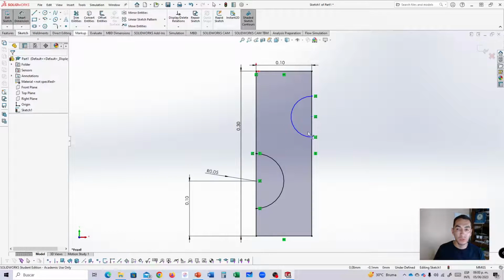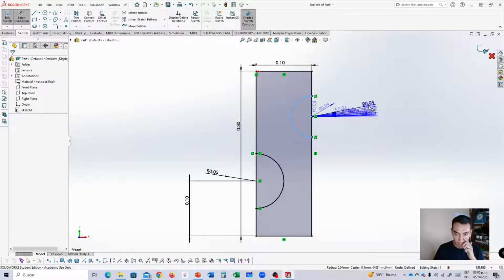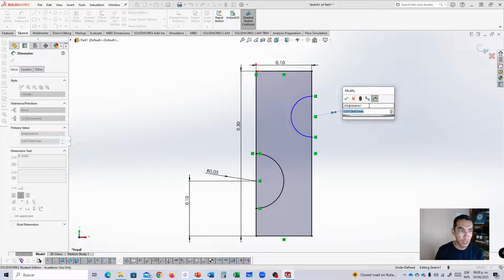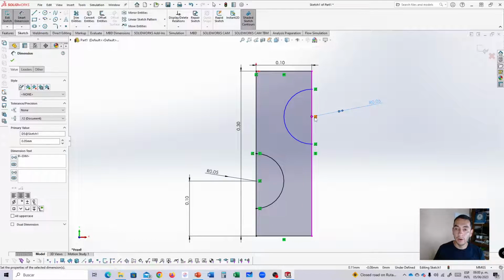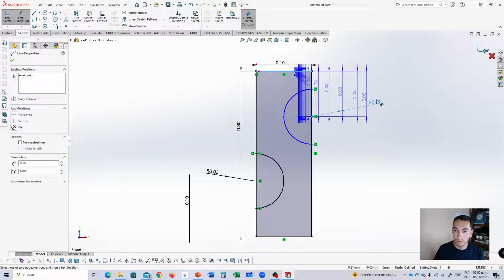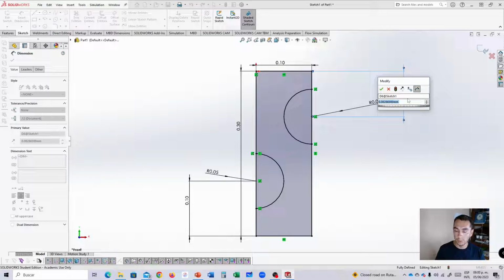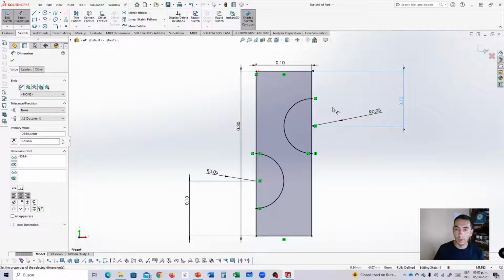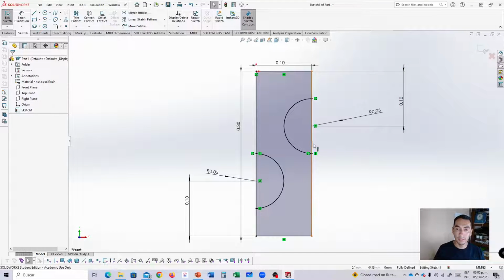Okay, I'm going to use the Smart Dimension function, and I'm going to specify this as 50 micrometers. Then click OK. Later the distance from the center of this arc to the top line is going to be 100 micrometers. Okay, now we have this sketch,